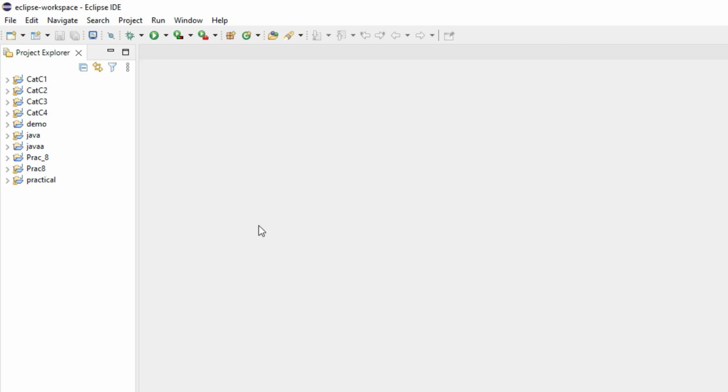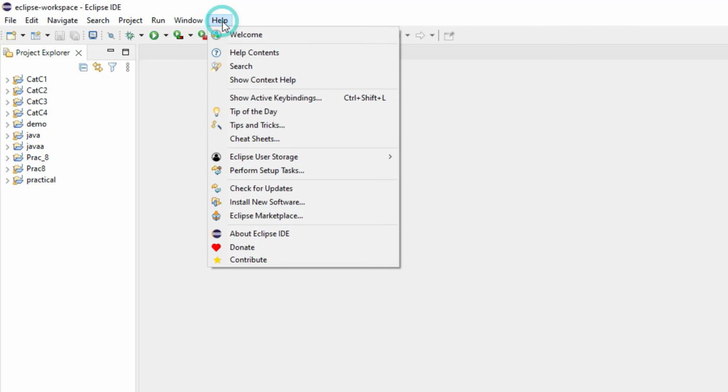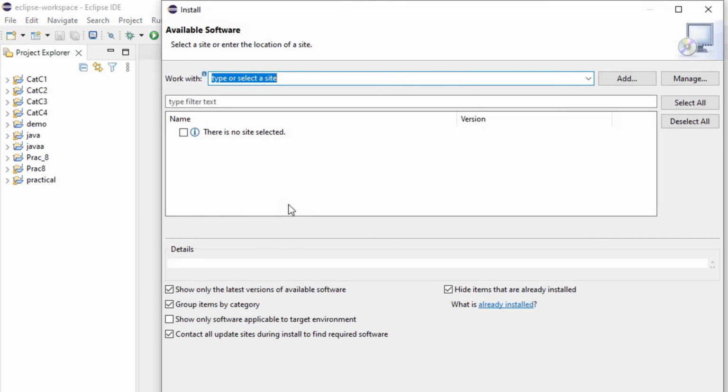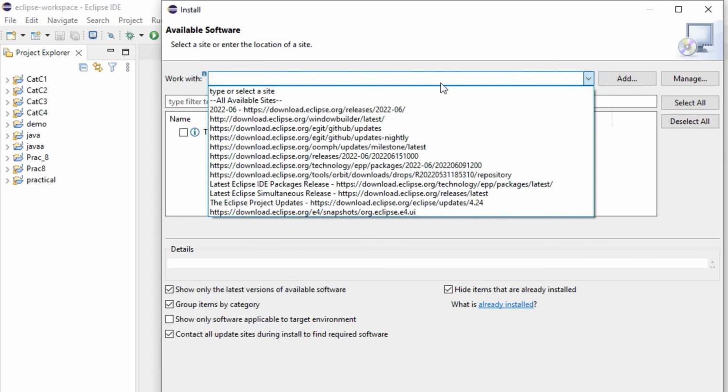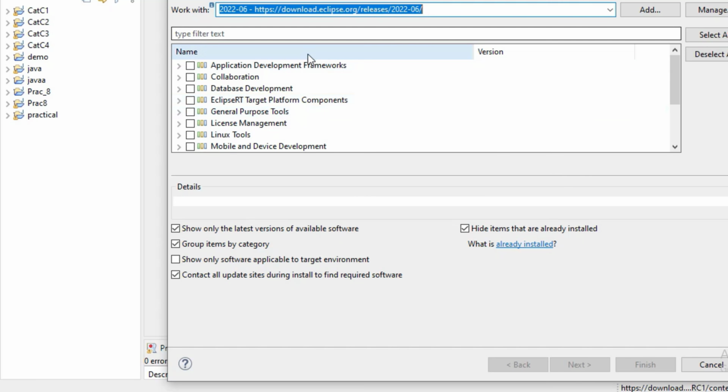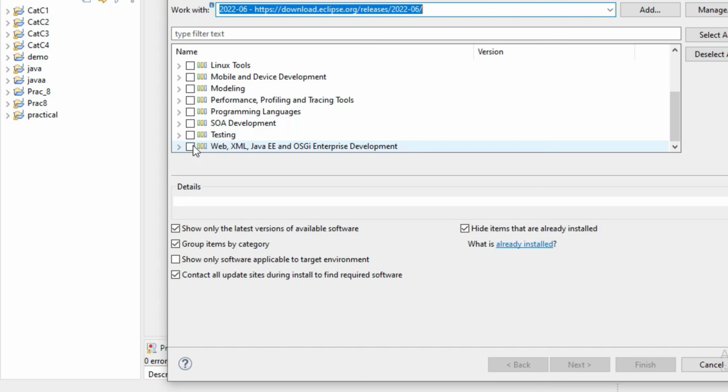So I have installed Eclipse IDE for Java development, not for Java web development. So first of all, I am going to configure it for Java web development. So for that, I need to install Java web tools. So I need to go to the help menu and here I need to click on install new software. And then from here, I need to select the release. Now it will search available software for this release. So here I will take Java web application and just click on the next button.